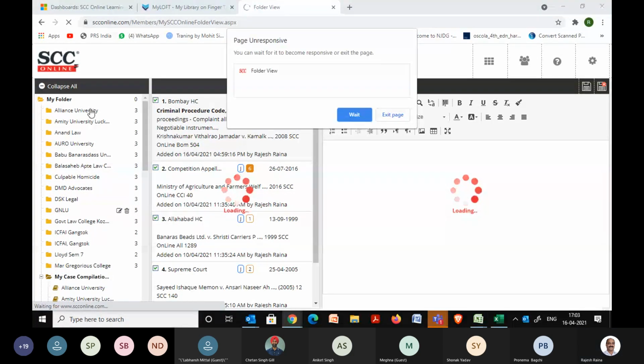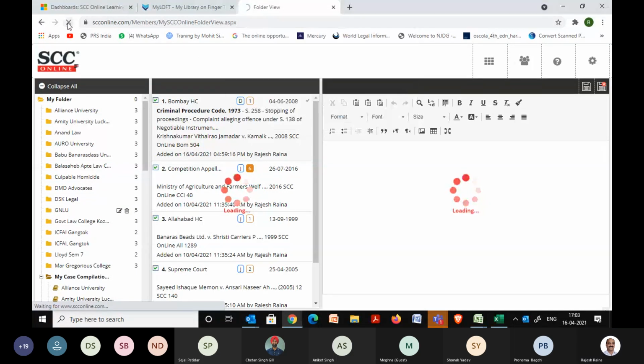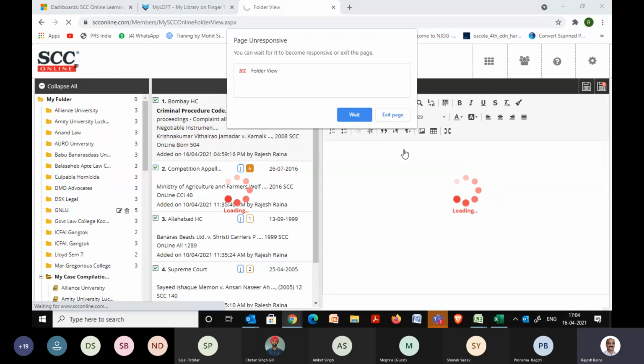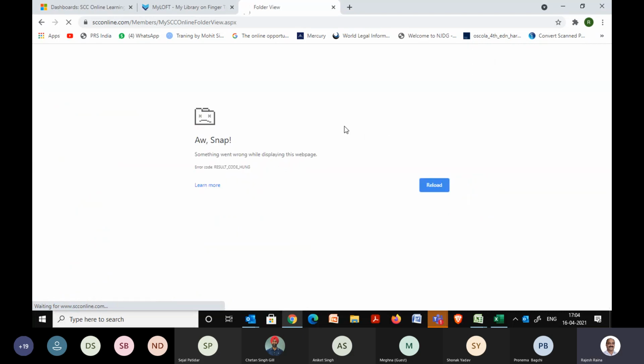I think for some reason, Mr. Raina is not feeling lucky today as far as internet is concerned. I think I just let it be. Just don't let it load up. It'll load up. I think the thing is because we have taken so many documents, it's gonna take some time. What did it say? It says just kill this page. Just kill the page. What is creating a problem? So I'll just re-log in. Let me see if it does it on its own.